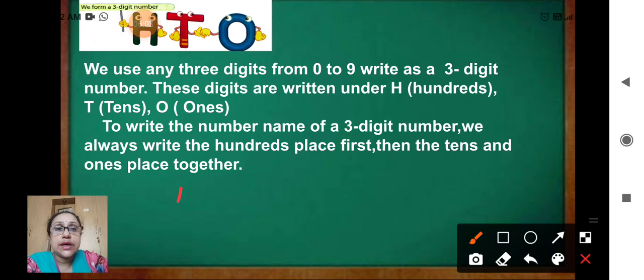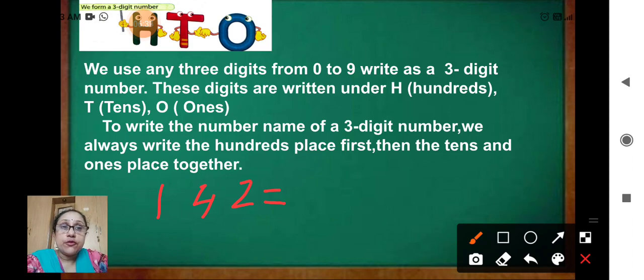Okay, we will take 1, then 4, one more, 2. Okay, so now these digits are written under hundreds, tens, ones. So you can say like this, 142. Okay,